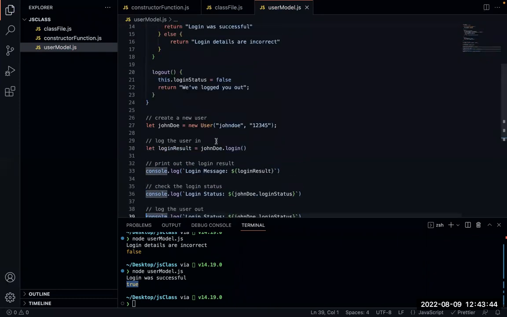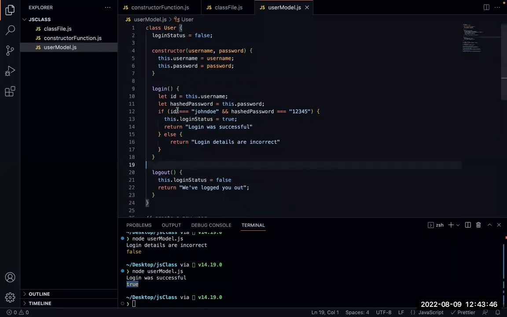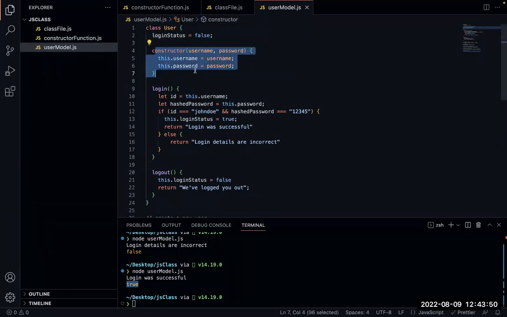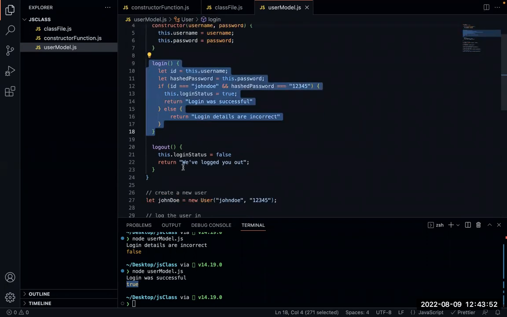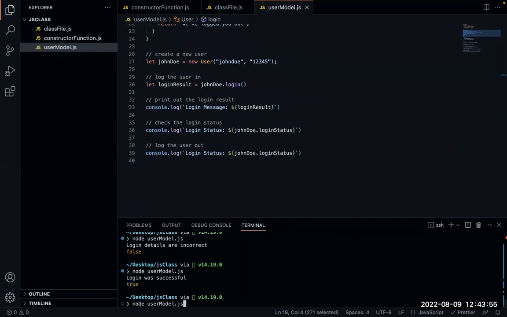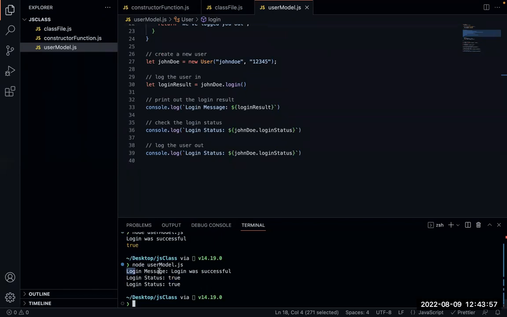Okay, so now we have this very simple class. We're able to create a new account right here, from the constructor, then we're able to log in, we're able to log out. All right, so if we run this, you see, we're able to log the user in, login message, login was successful. The status was true, and then this is supposed to be logout. So sorry, I was supposed to have logout status,